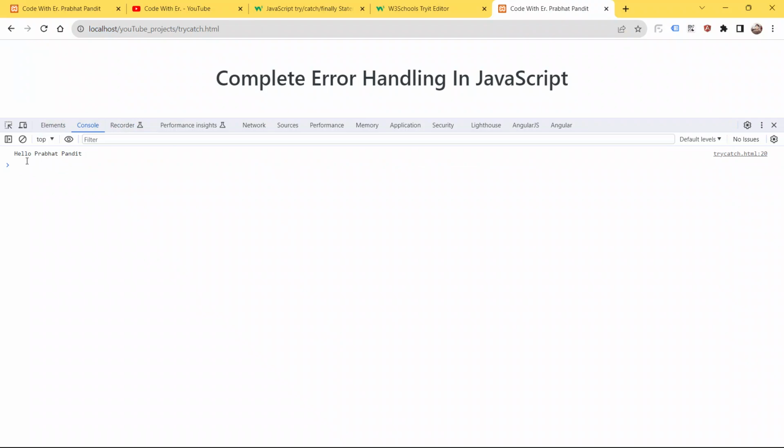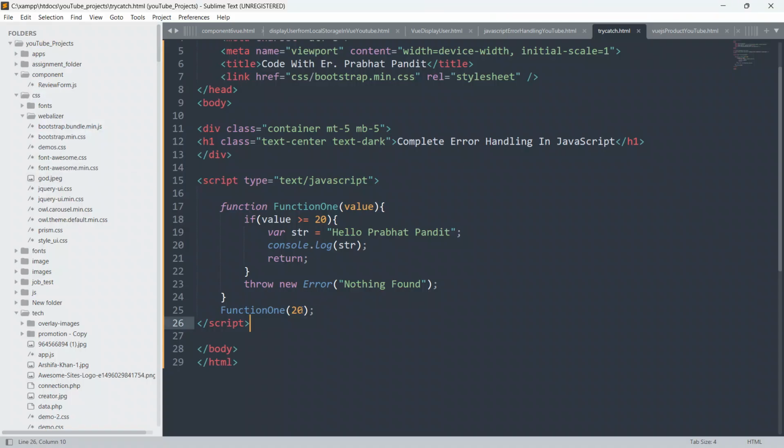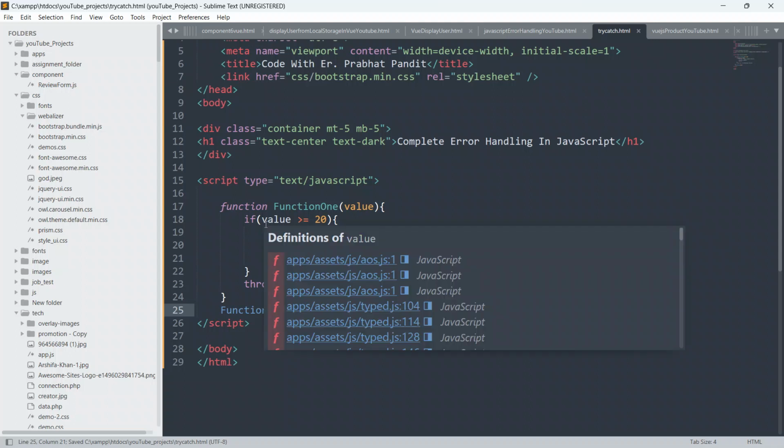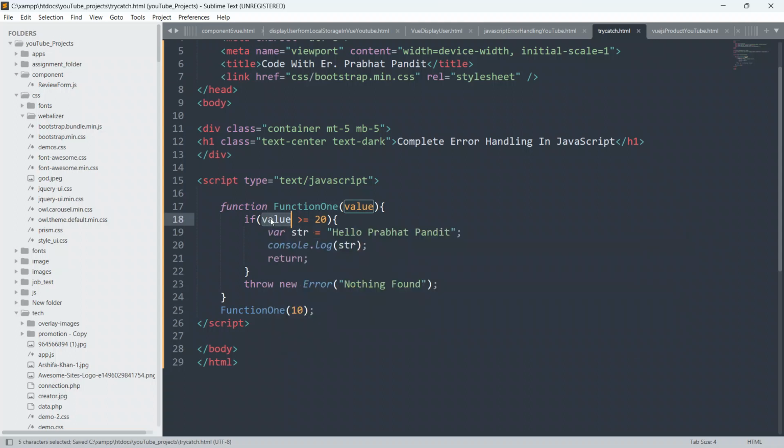So as you can see here guys, hello Prabhat Pandit, because the condition has been met. Now I am going to put 10. Now this if block condition fails. As you can see, I have passed 10, and this if block is checking if value is greater than or equal to 20, then only the control will come into this if block.